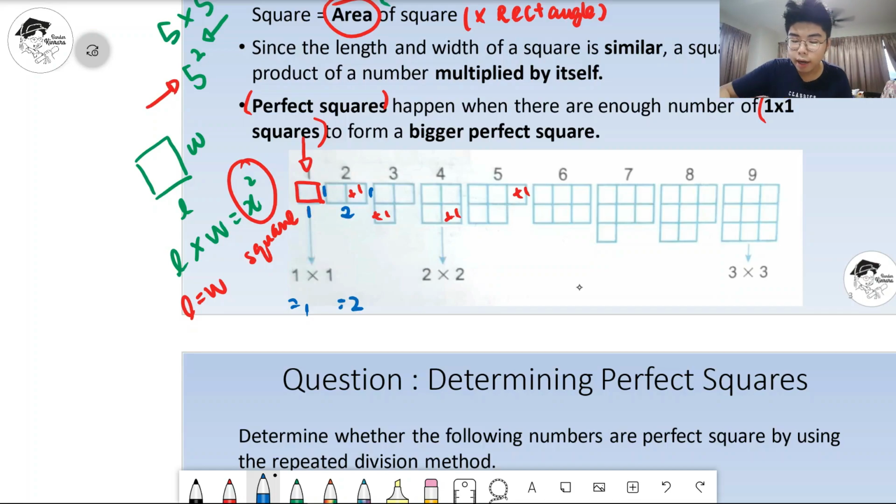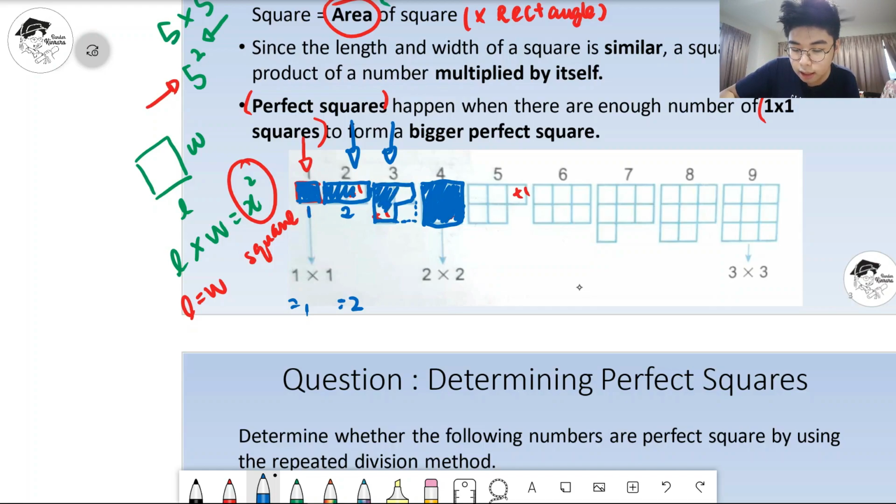Okay? This one, you cannot count like this. But the idea is, you must be able to add up the smaller boxes for you to get a bigger box that is perfect. Perfect maksudnya apa? Maksudnya segi empat yang sempurna. Macam yang ni bukan segi empat. Okay, this is a rectangle. Yang ni bukan segi empat, kerana ada lubang kat sini. Nampak tak? Sini ada lubang.